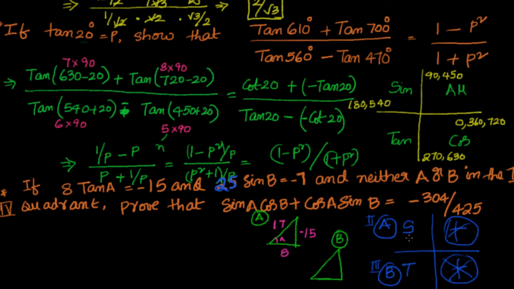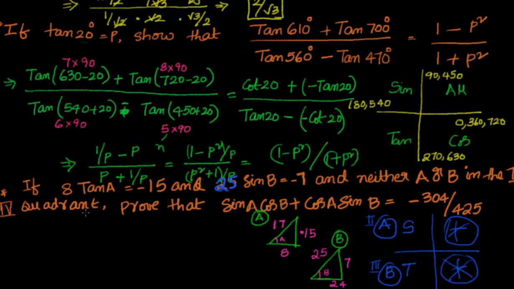In the second quadrant, sin should be positive. We are going through finding out A and B values. We know that A will be 15, 8 and 17. Let's also look for B. B is 7 and 25. So this is 7 and this is 25. So with Pythagoras you can find out that this is nothing but equal to 24. So that 576 plus 49 is 625. 225 plus 64 is 17 square, that is 289. Now you know values of all.